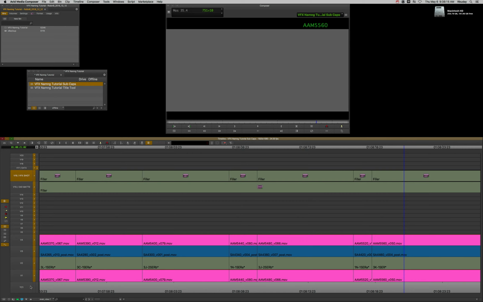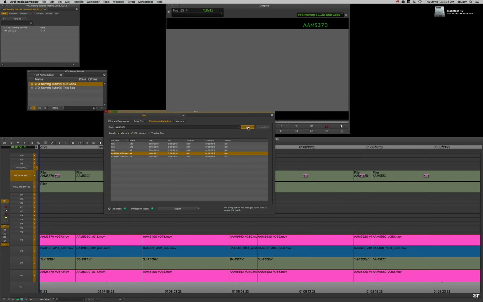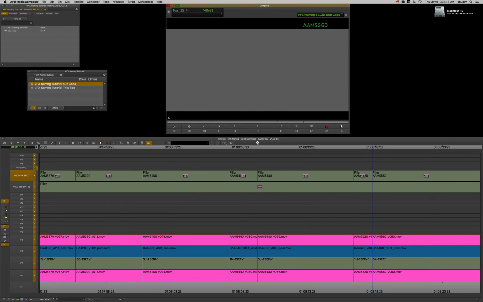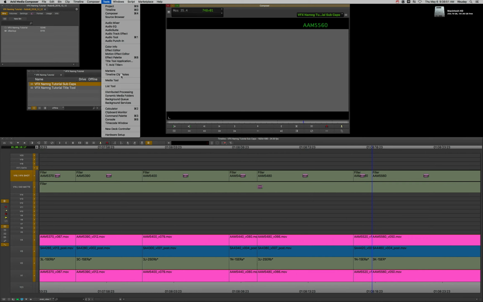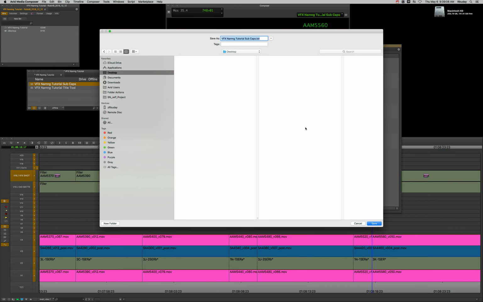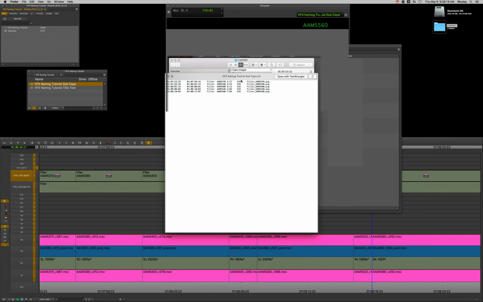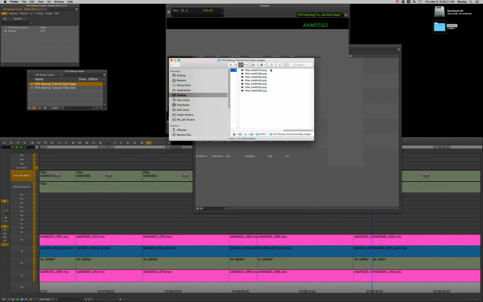Now that we've done that, if we go to our timeline and hit clip text, timeline clip notes, you'll see that the titles are now metadata in your timeline. And if you go back to the search window, you'll be able to jump to it. The other advantage of doing it this way is going back to this timeline clip notes window. You can export this data with thumbnails and all of this information just by hitting export to text. You'll see in here it's got a text file with all the metadata in it,